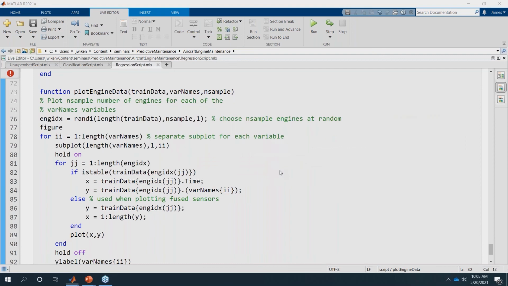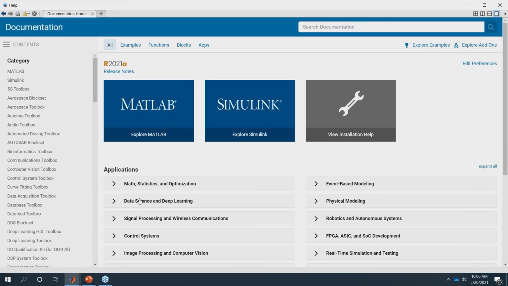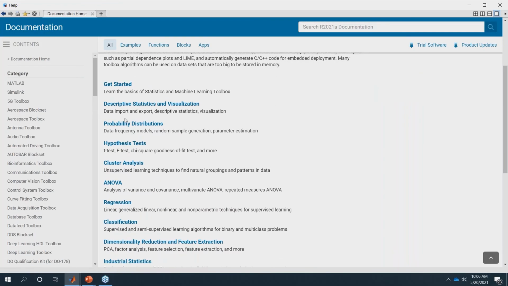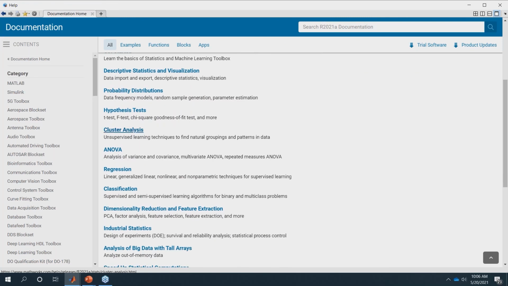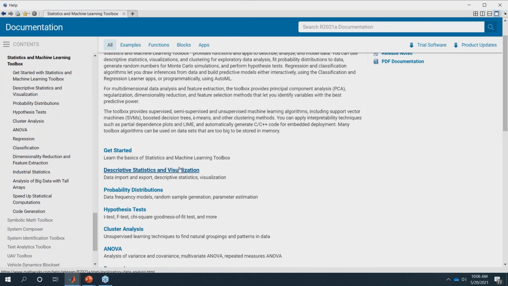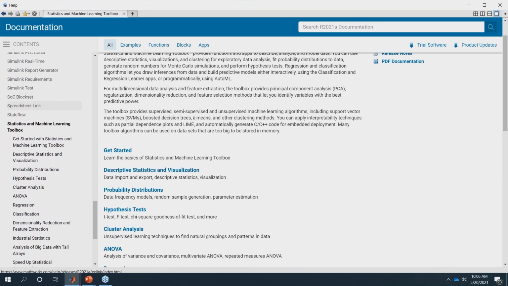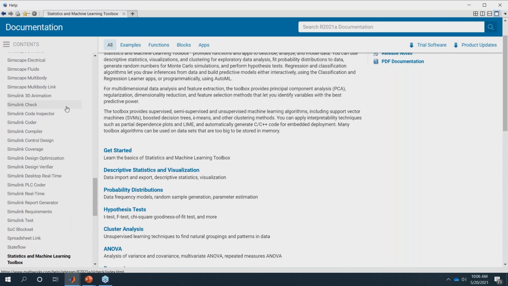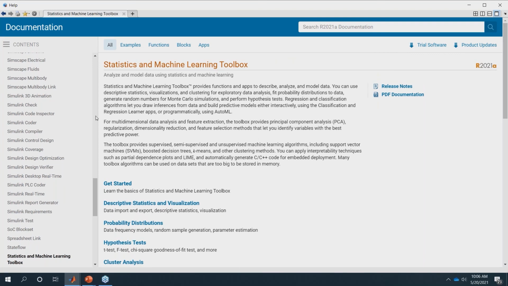There's a few things that can be helpful. The predictive maintenance toolbox is built on a few other tools. The statistics and machine learning toolbox is the main one. Being able to do dimensionality reduction or use some of those machine learning techniques can be quite helpful. It's also built on the signal processing toolbox and the system identification toolbox. Those two tools can be used for different methods of feature extraction. We didn't talk about that too much today because we were just using sensor data directly.